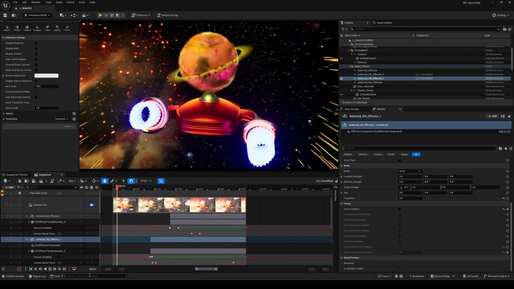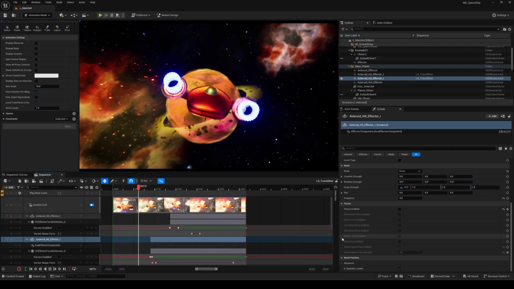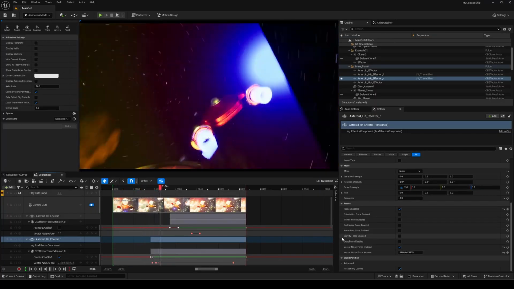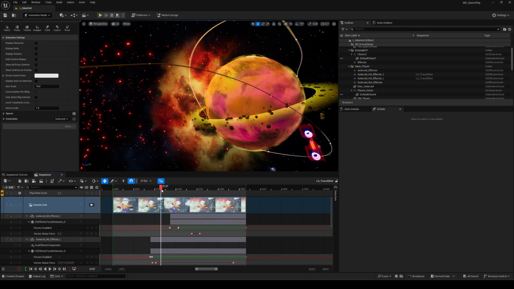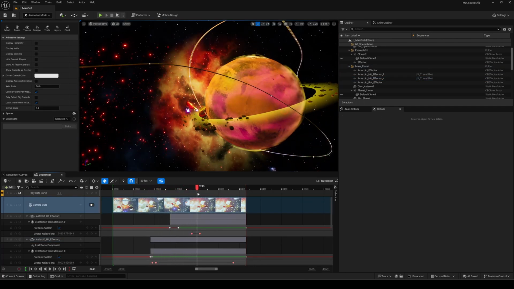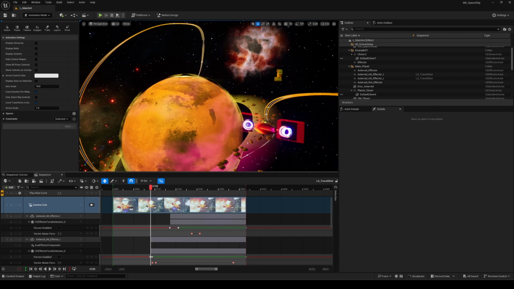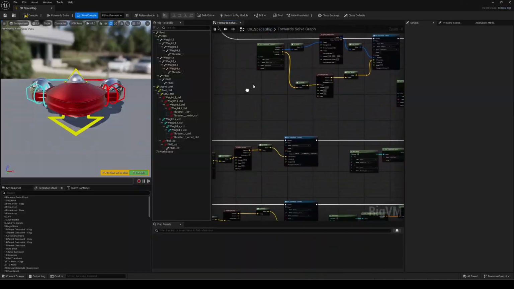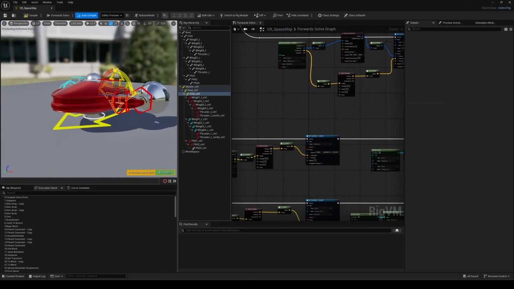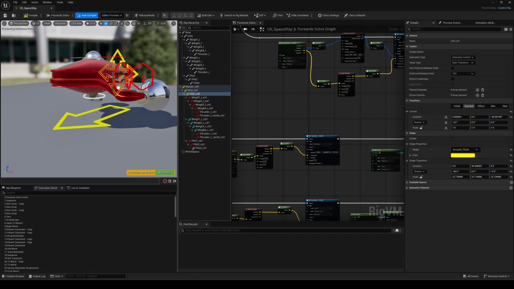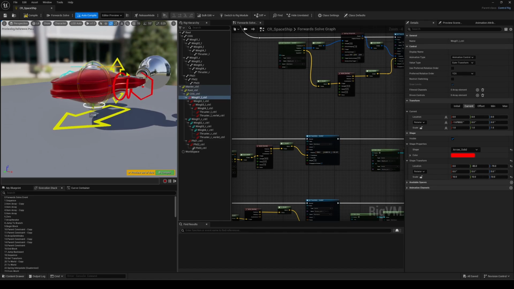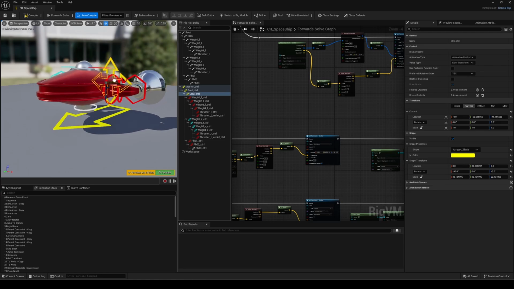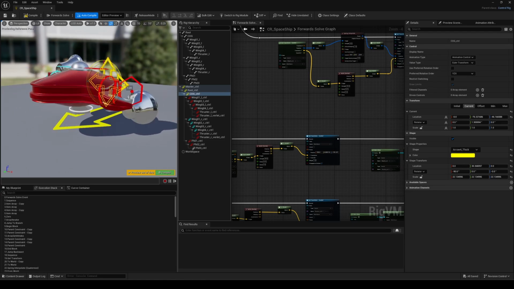I wanted to walk you through this little project I created using a variety of motion design actors, tools, and effects, alongside some of the more familiar elements like basic actors, the regular sequencer, and control rig. Speaking of control rig, I used a similar setup to the one I built for Squidward in one of my recent videos where I implemented dynamic secondary motion effects. Feel free to check that video out if you are curious about how that was done.